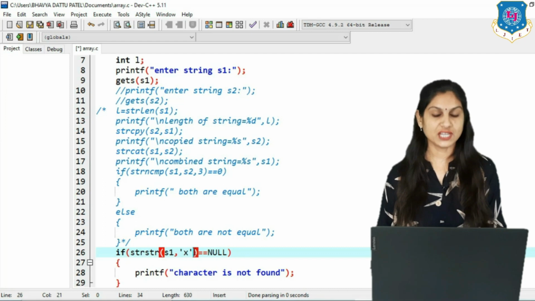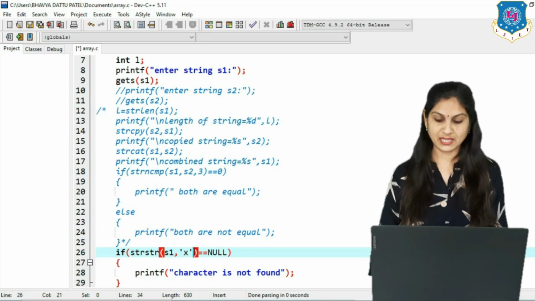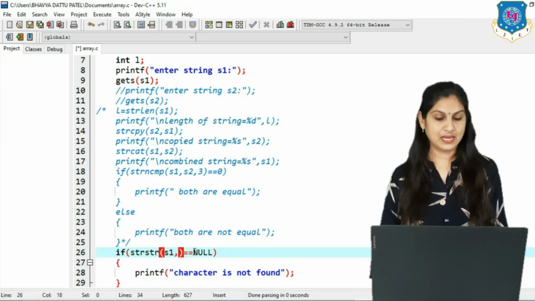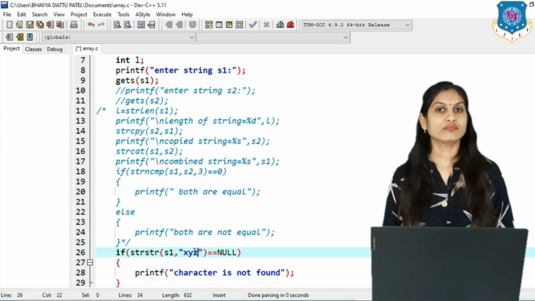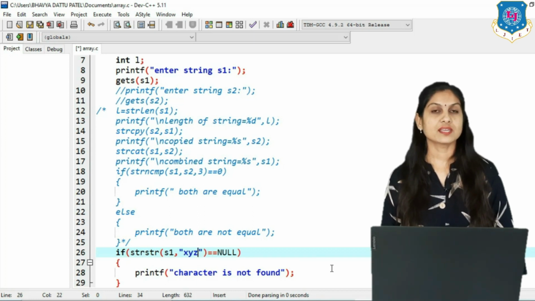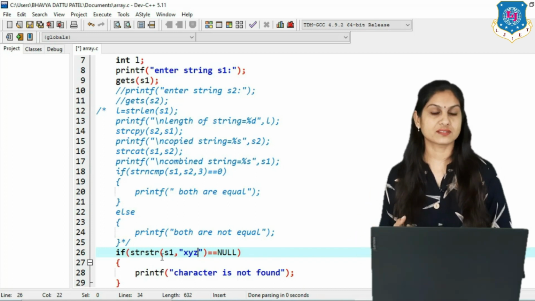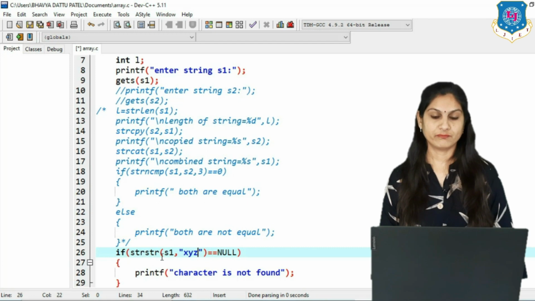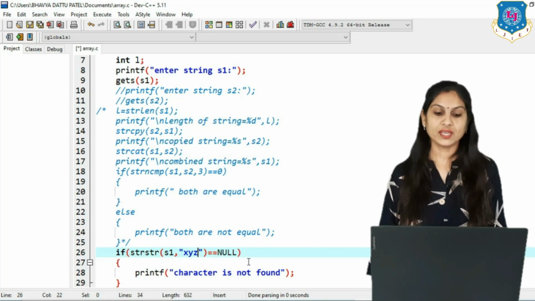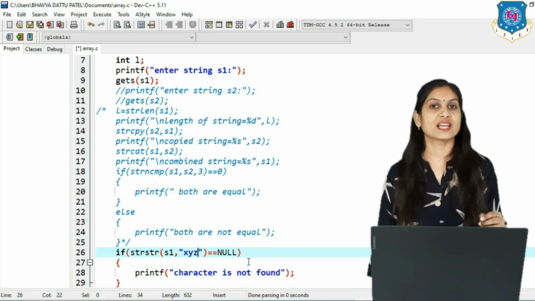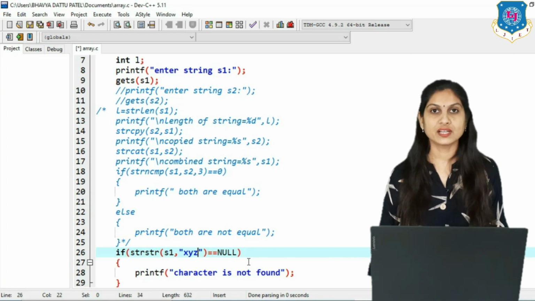Now the function is changed, so we have to put it in double inverted commas for multiple values, and that is suppose xyz. So what is the meaning of this? The strstr function is used to find the substring from the original string, and the same way it works. So here if the s1 has a value xyz, then does it return null value or not null value?